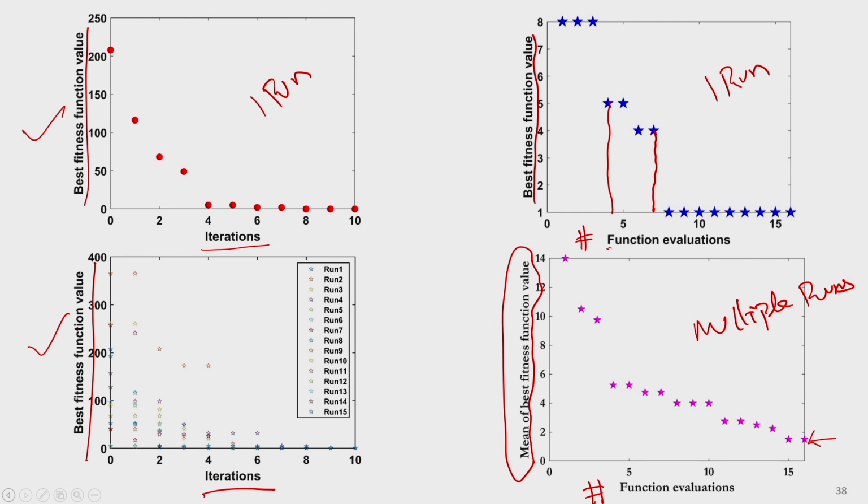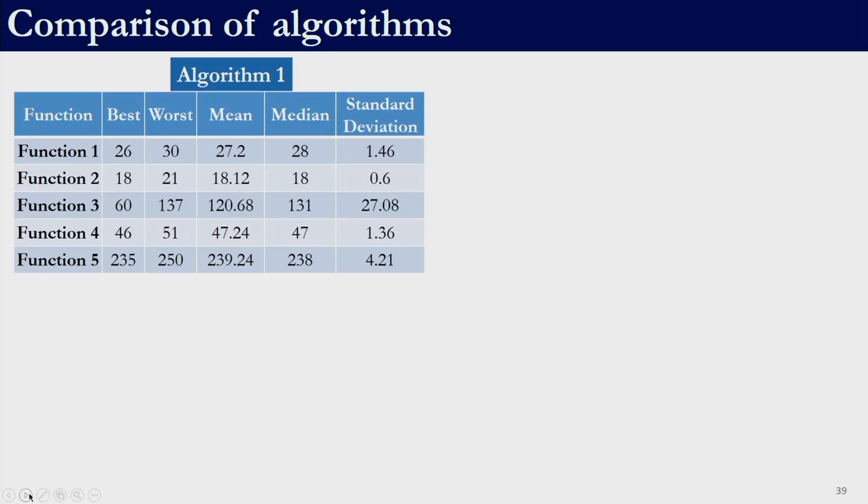We will come back to it in the next lecture also, right. So, over the next 2 or 3 lectures you will become comfortable with the plotting of this curve and the use of this curve, right. So, let us now discuss how we will compare algorithms, right. Assume this is the statistical table of a particular algorithm. So, we have seen a few minutes back how to generate this statistical table, right. At that time we generated it for only one problem. So, the same concept, if I am trying to solve 5 problems, let us say function 1, function 2, function 3, function 4, function 5,